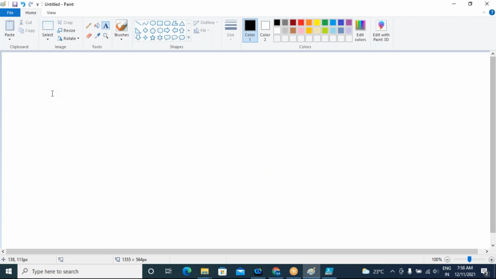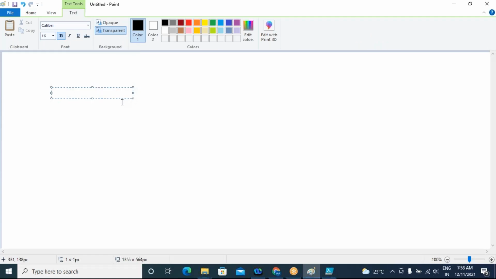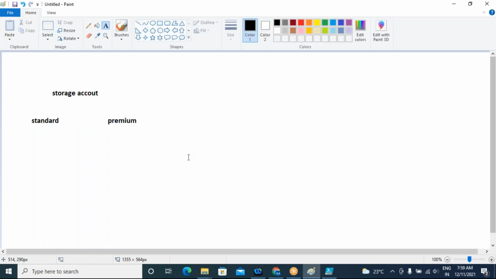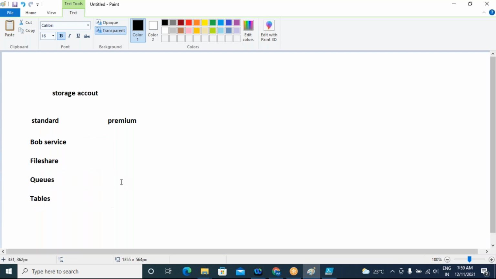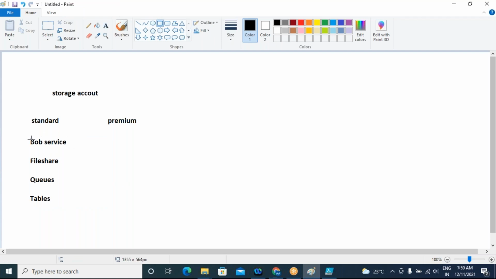ఇప్పుడు డేటా స్టోరేజ్ అకౌంట్లో తీసుకుంటే మనకి ఏవేమి ఉన్నాయి? ఒక స్టోరేజ్ అకౌంట్లో ఏమేమి ఉన్నాయి? స్టాండర్డ్ స్టోరేజ్ అకౌంట్ ఉంది, అలాగే ప్రీమియం స్టోరేజ్ అకౌంట్ ఉంది, రైట్? సో మనకి సర్వీసెస్ ఏమేమి ఉన్నాయి? బ్లాబ్ సర్వీస్ ఉంది, అలాగే ఫైల్ షేర్ ఉంది, అలాగే క్యూస్ ఉన్నాయి, తర్వాత టేబుల్ సర్వీసెస్ ఉన్నాయి. సో ఈ బ్లాబ్ సర్వీస్ ఇవి రెండు కూడా